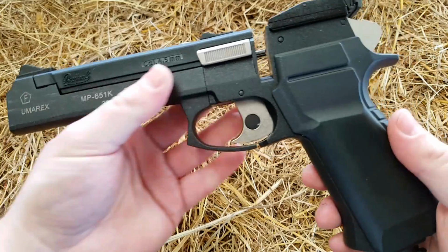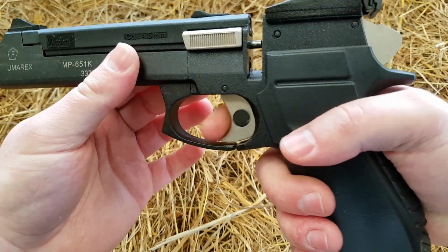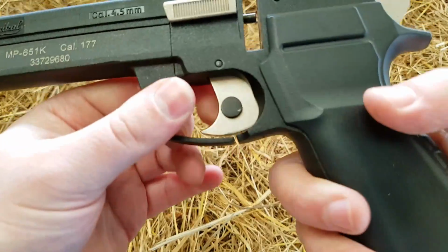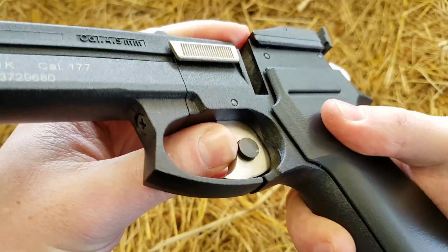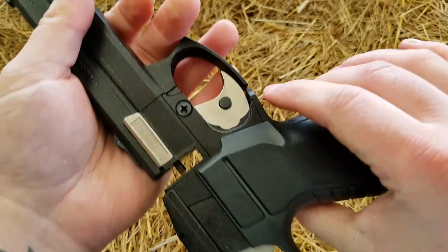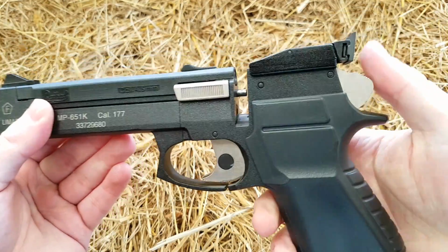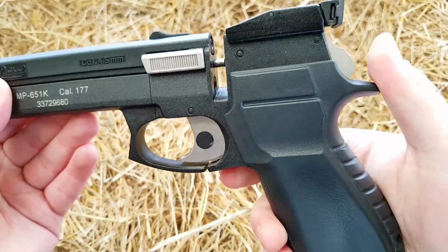Pistol itself, trigger, nice and crisp, very easy to pull. Does have its working safety on it, as you can see. If you just push in the button this side, that almost acts as a block on the edge of the trigger guard to stop the trigger being pulled. So it is a very primitive style safety, but it works, it does the job. As you can see, this side it has got a cutout to allow it to go in, but it works. So yeah, light trigger, and it can be used in double or single action just by pushing in the hammer